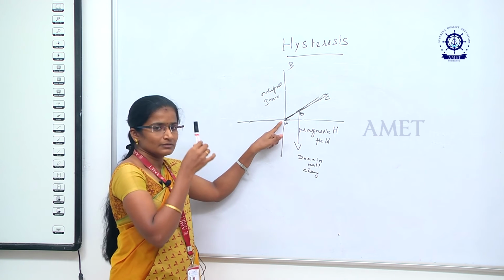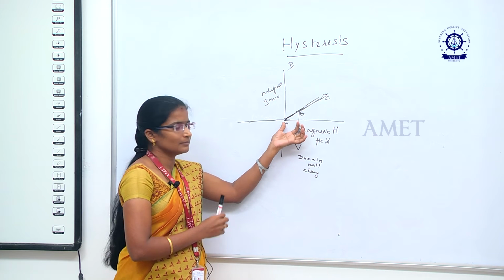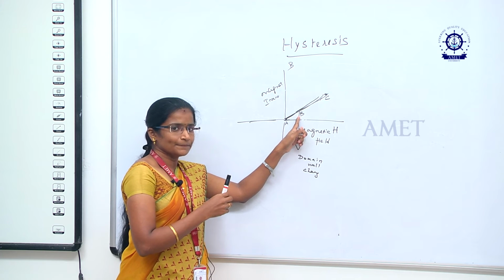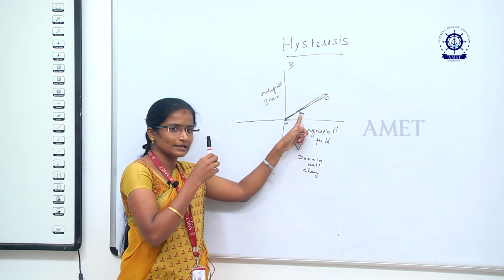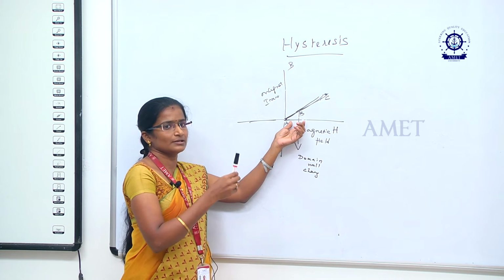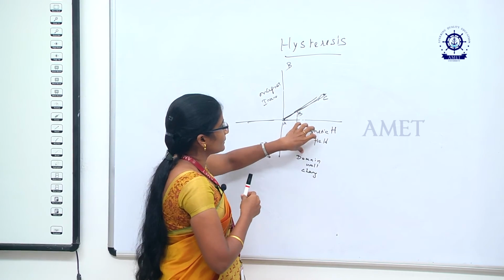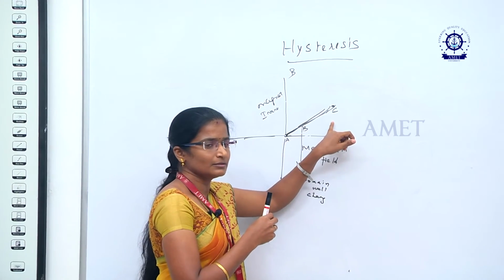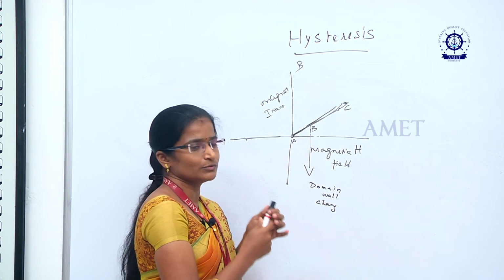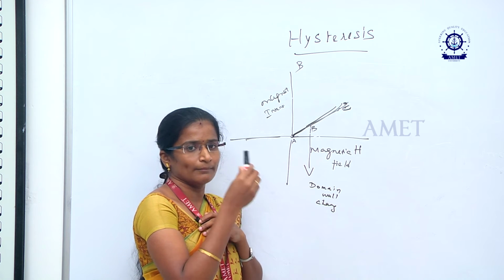In this place this is a normal material and the magnetic field is 0. We are giving some magnetic field on this material, increasing the magnetic field, reaching the point B. At that time only the domain wall changed. Some of the spins change their direction. That time it acts as a semi magnet. Again we continuously apply field on this material. What will happen? All the spins in the domain change their direction according to your field. So at the place of C, this pen acts as a strong magnet.